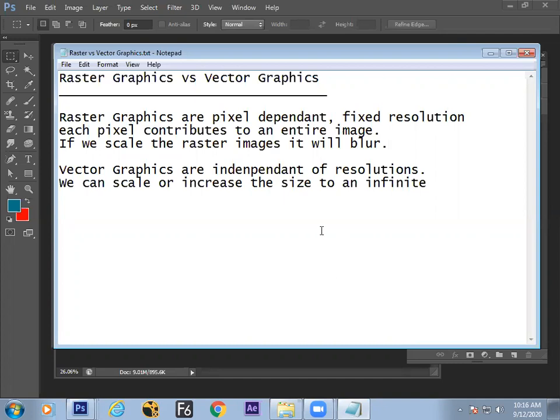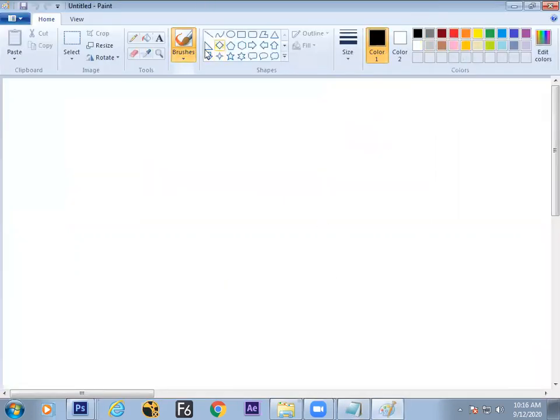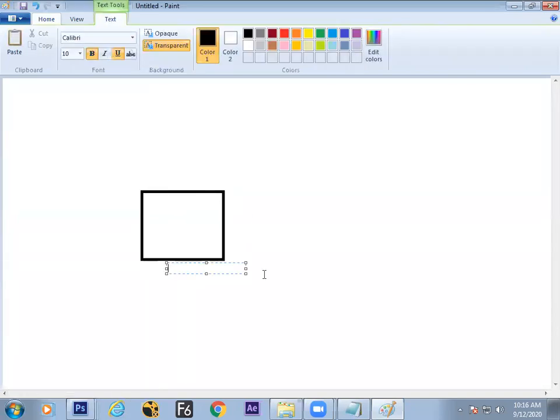Say for example, you have an image, something like this. It is having a fixed width, like 2 inches or 200 pixels, and let's say this one is 150 pixels.